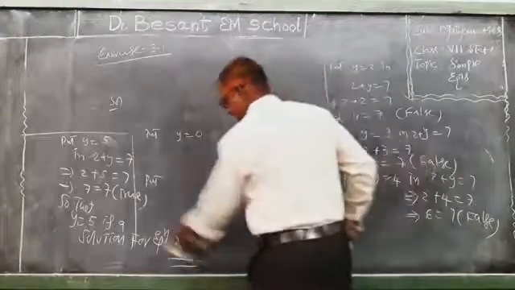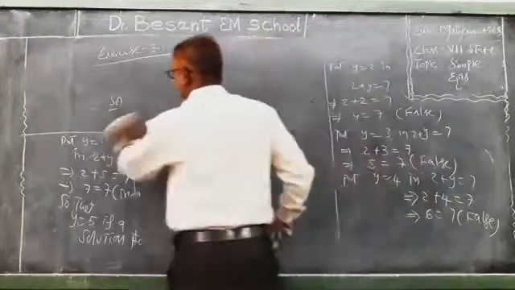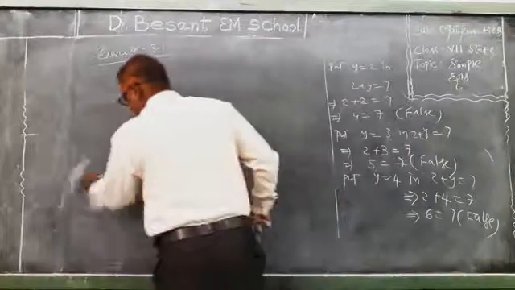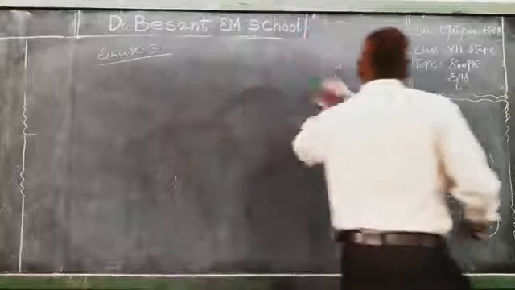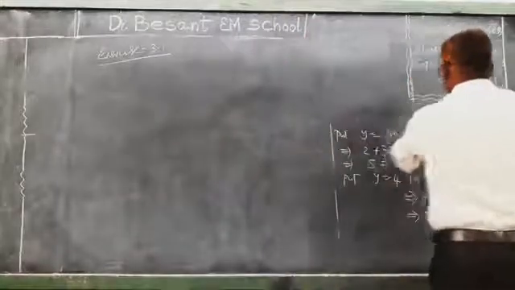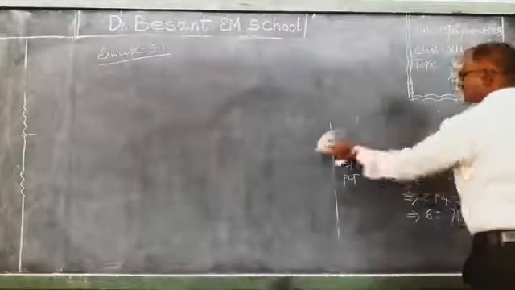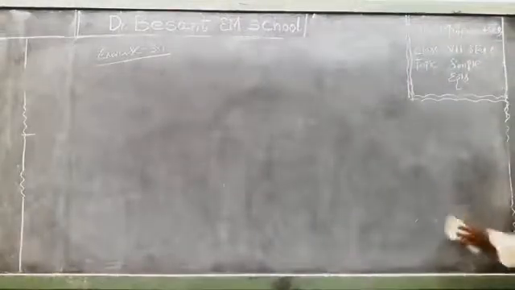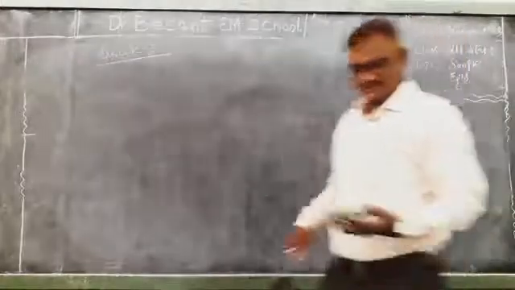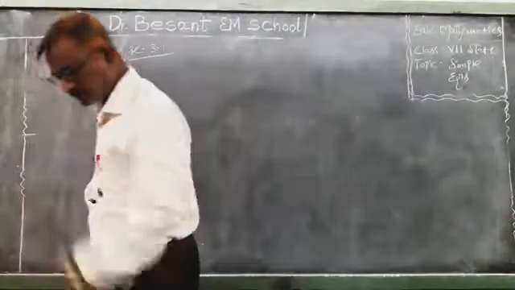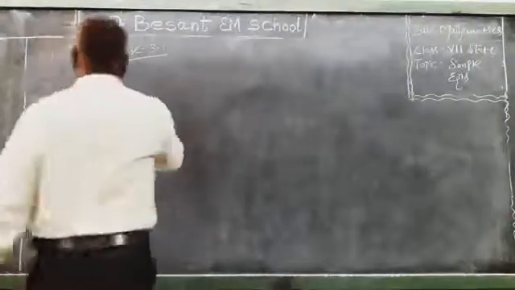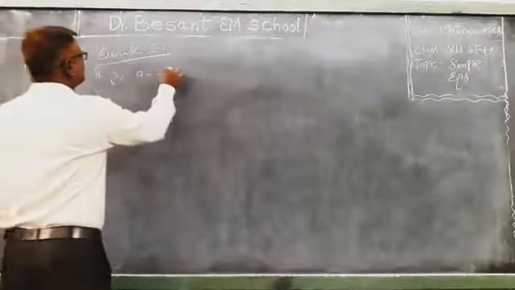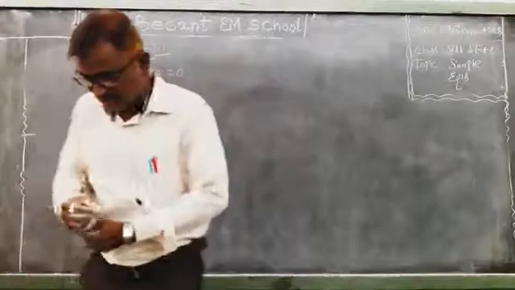See children, this is one problem from exercise 3.1, second Roman numeral. We did it by trial and error method. I hope you have understood through this problem what a trial and error method is, and how we can find the solution for an equation by the trial and error method. So let me explain the second problem also. Second problem, second Roman numeral: a minus 2 is equal to 6.